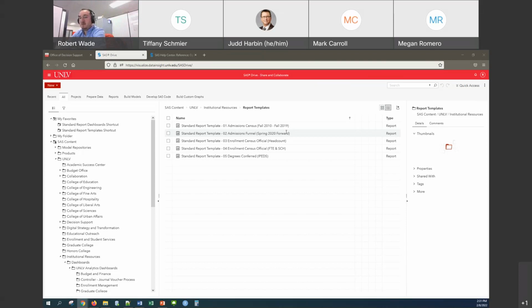And especially if you are trying to create your own report from scratch to look at one of these metrics, it's probably best to work from a template to start with, or to work closely with decision support so that we help you navigate this process, because it can get pretty confusing pretty quickly. But we've had to deal with that, and we're finally familiar with it,